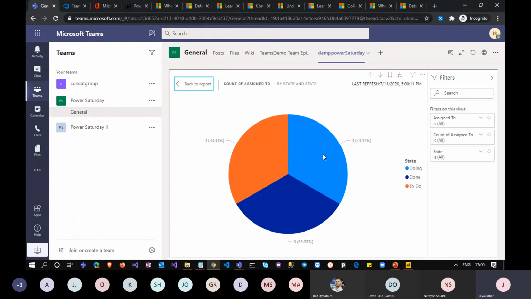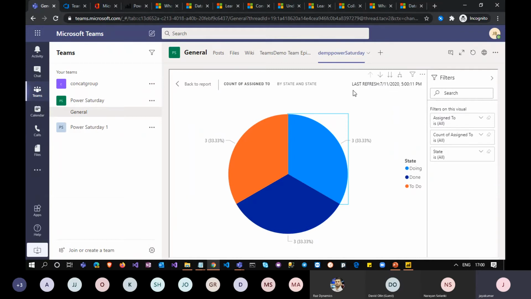For example, if I hover on this, these are the 3 tasks in doing, the same report that we get here. So that's how we have integrated Power BI with Azure DevOps through analytics services using Power BI in Microsoft Teams.